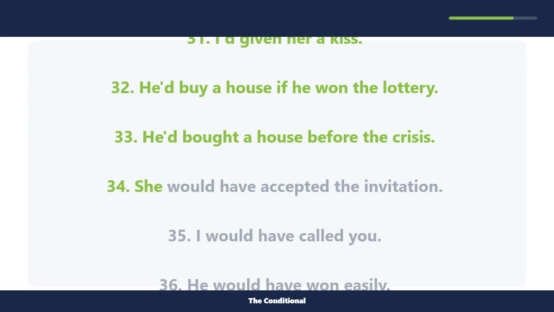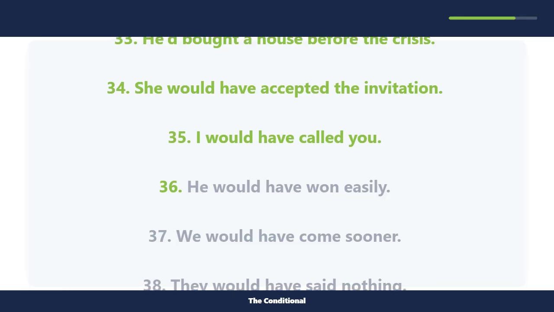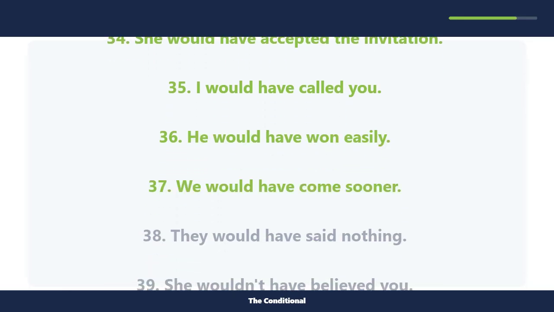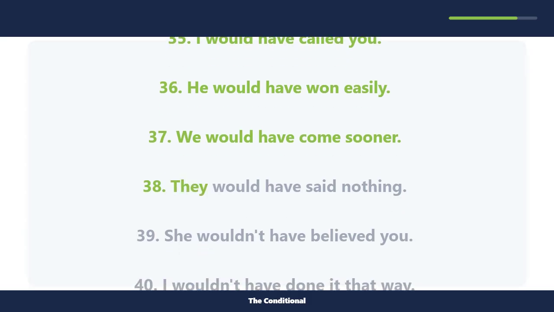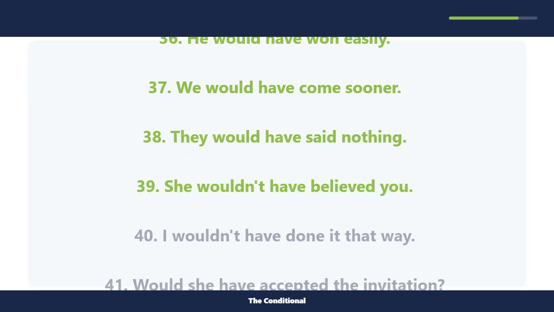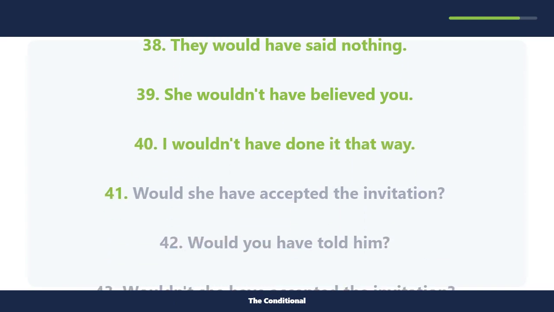34. She would have accepted the invitation. 35. I would have called you. 36. He would have won easily. 37. We would have come sooner. 38. They would have said nothing. 39. She wouldn't have believed you. 40. I wouldn't have done it that way. 41. Would she